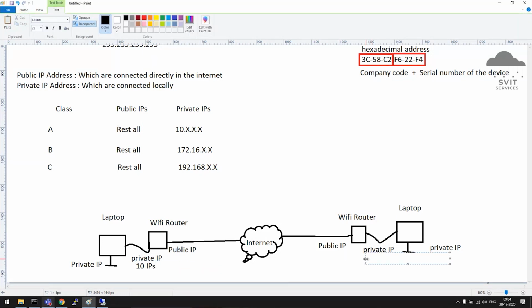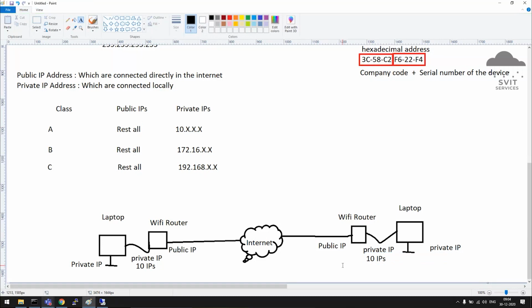Here also it will have some 10 or 15 private IPs, Wi-Fi routers. Okay. Now once you connect your laptop or mobile to the Wi-Fi router, that Wi-Fi router will assign one private IP to this laptop from this range. Even though you have another private range, forget about it. It will assign one more private IP address. We don't need to worry about this private IP now.